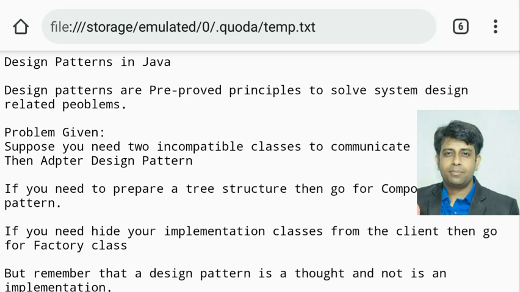And this is all about the basics. Now we'll start the design patterns step by step in detail. So in the next video I will come with the creational